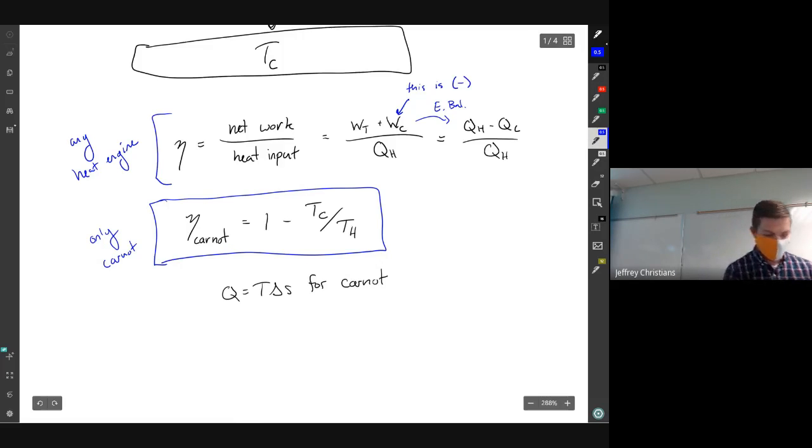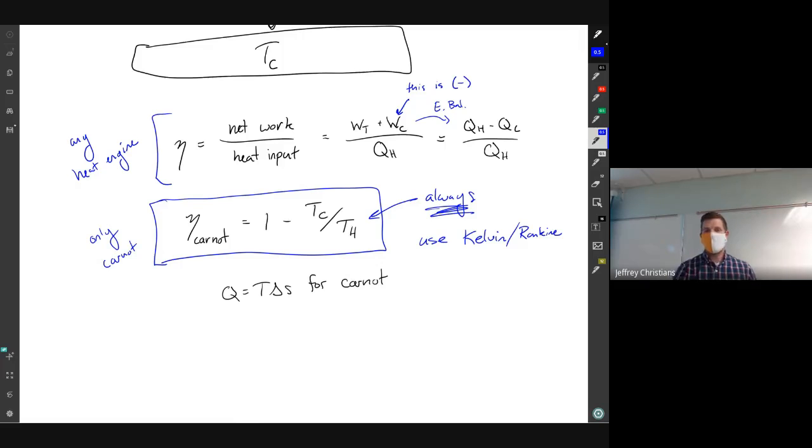Now the thing to remember is always use Kelvin or Rankine. So if we use Celsius or Fahrenheit, the sign of that top one, the cold temperature, usually can flip, right? If it's winter out and it's -5 degrees, the sign of that flips and all of a sudden we get an efficiency over 100%. That can't happen. So when we're using this equation, we always have to make sure we're using Kelvin,